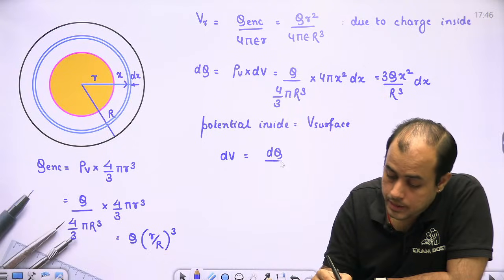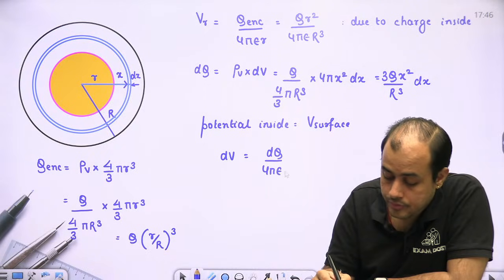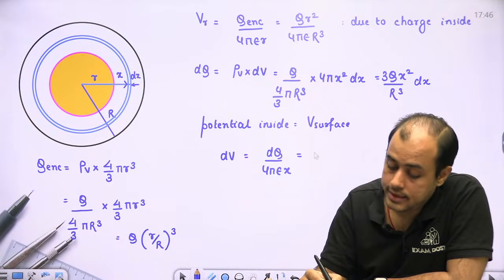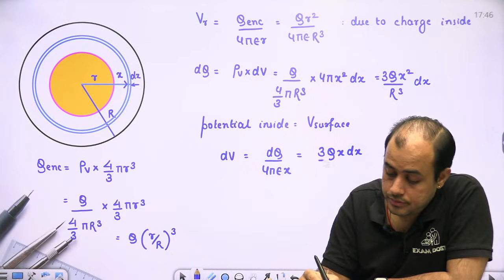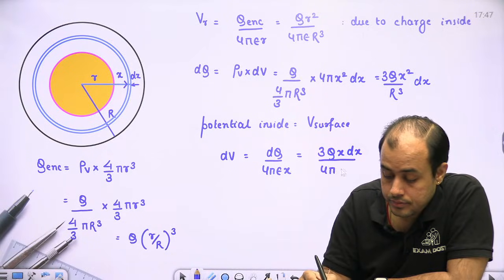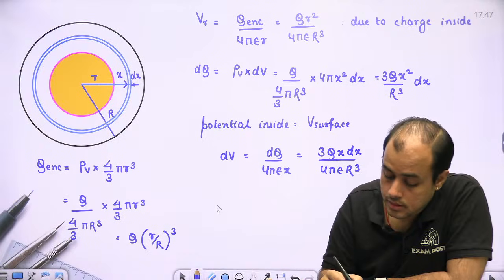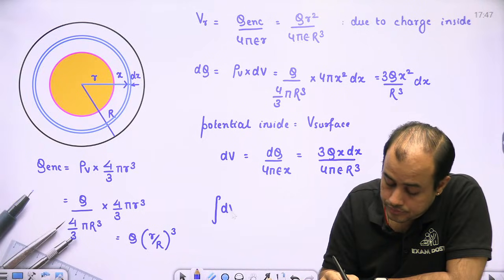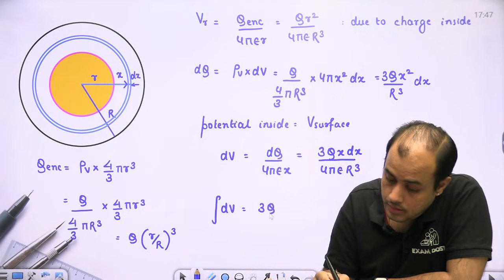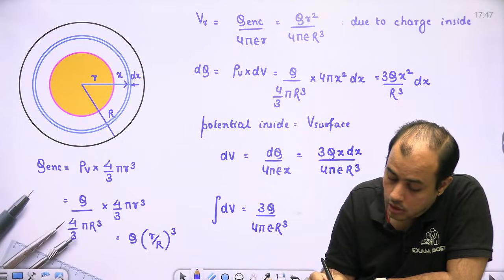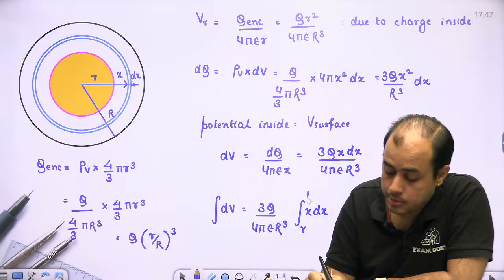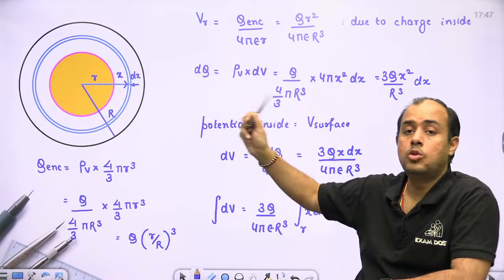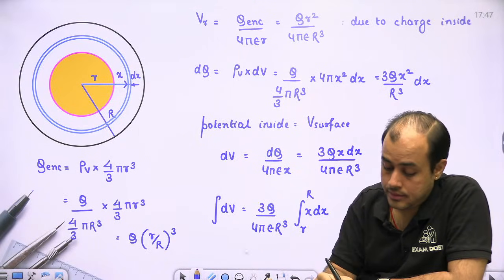dq by 4 pi epsilon x. That is same as the potential at the surface. Now x will vary from where to where? From small r up to capital R. Outside the pink sphere,